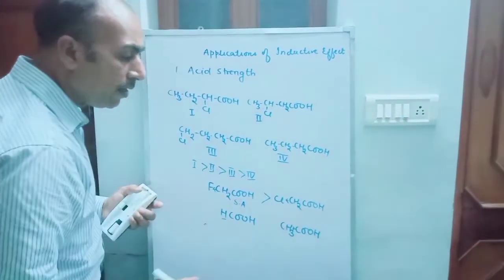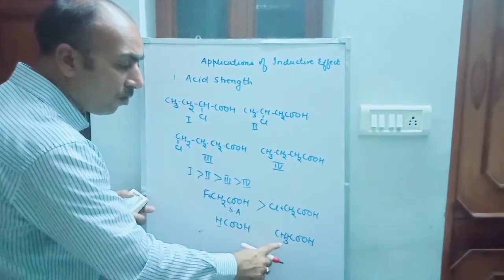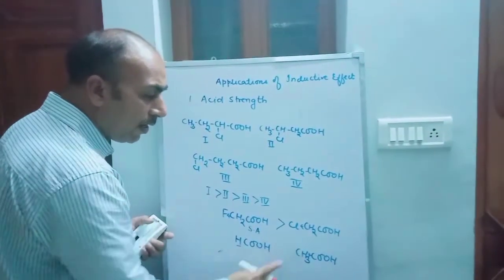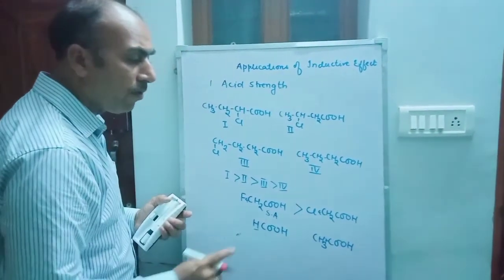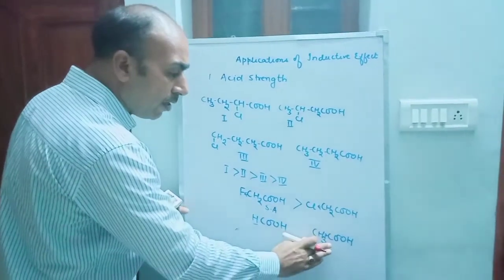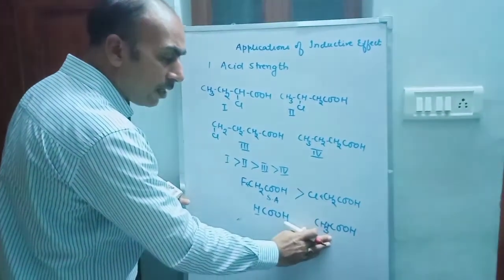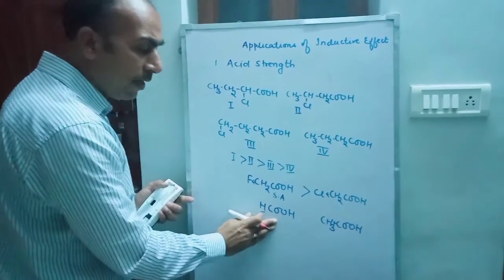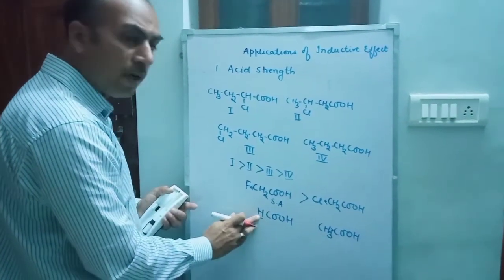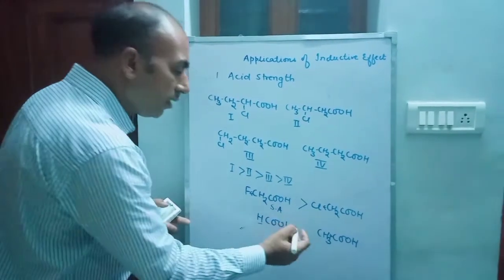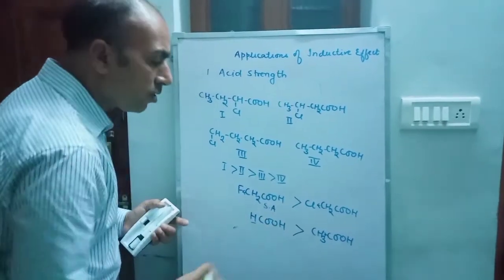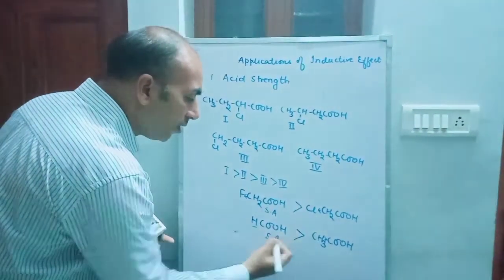end of the ion. When the conjugate base is formed from this acetic acid, the carboxylate ion will develop negative charge at one end, and the methyl group is also exerting the plus I effect, and it increases the charge density at one end. So the conjugate base stability is less in case of acetate ion, whereas in formate ion the stability will be more as compared to acetate ion, because H does not exert either plus I or minus I. So because the stability of conjugate base is more, formic acid is a stronger acid than acetic acid.